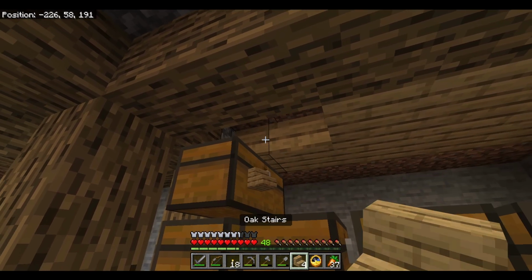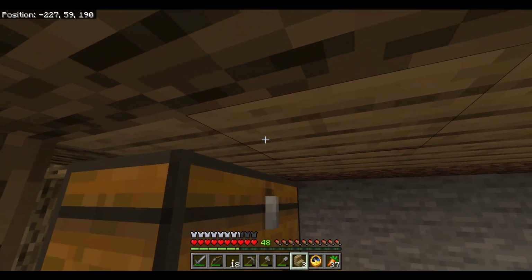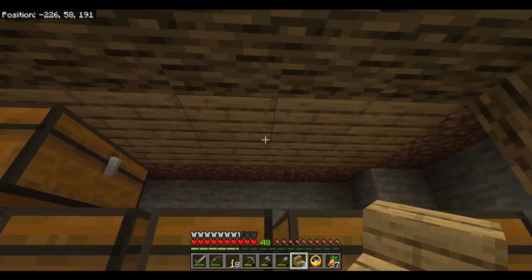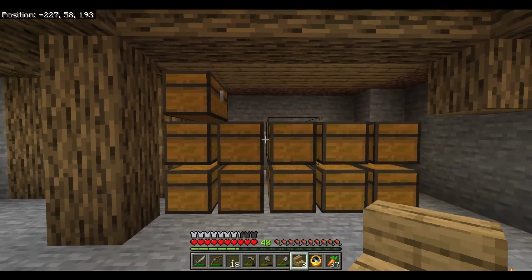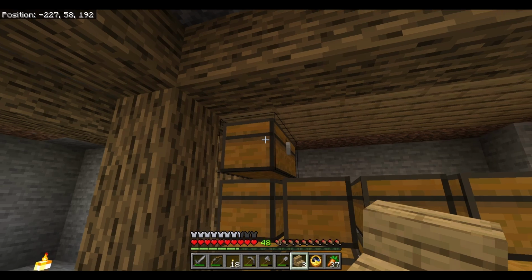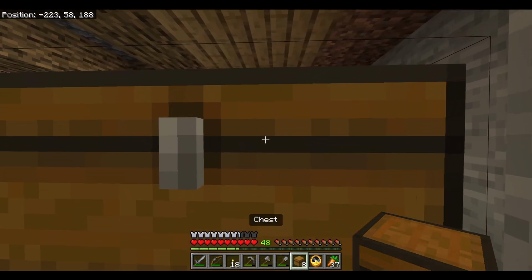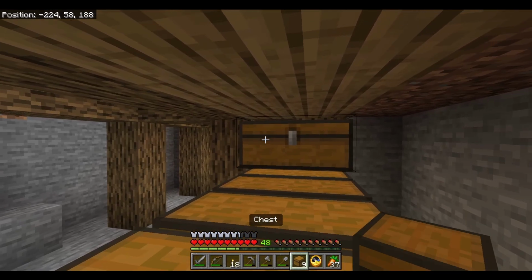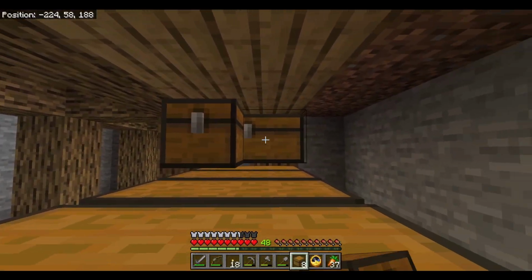There's always these little things that just get in my way. There we go. All right, so now we have the illusion of a plank or slab ceiling right there, and I think that looks good. And we can still open the chest on the top. So if you didn't know that, now you do. And we just go back and we add our chests